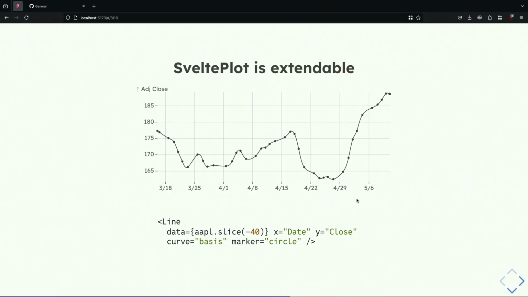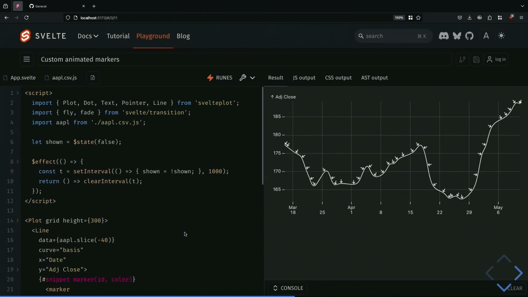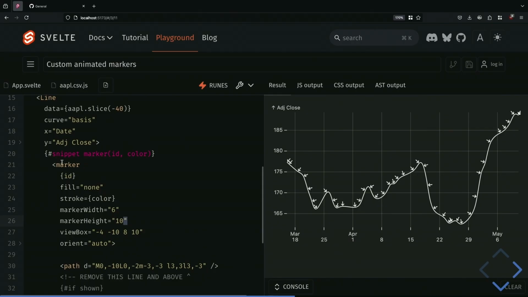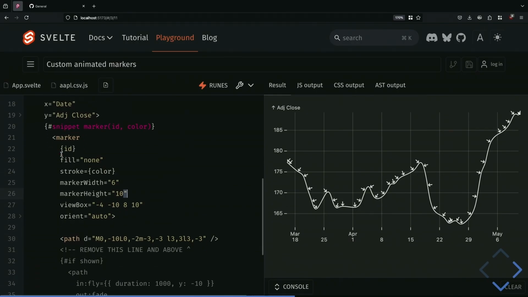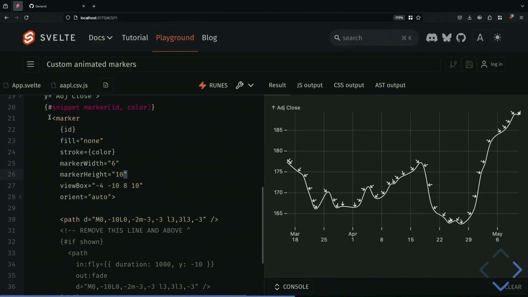SveltePlot is extensible. So here's an example for a line chart. The line mark has a feature for markers, so that means for every data point you can create a marker. There's a few built-in markers for circles and ticks, but what if you want to have your own? So here's the same line chart, but instead of setting the marker here, I'm passing a snippet called marker. This is the marker tag in SVG, and this is the path that is being drawn for every marker. So whatever I have here